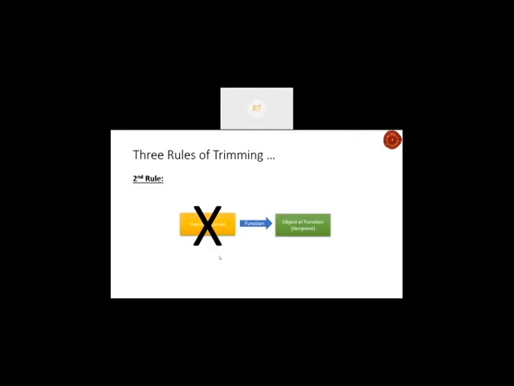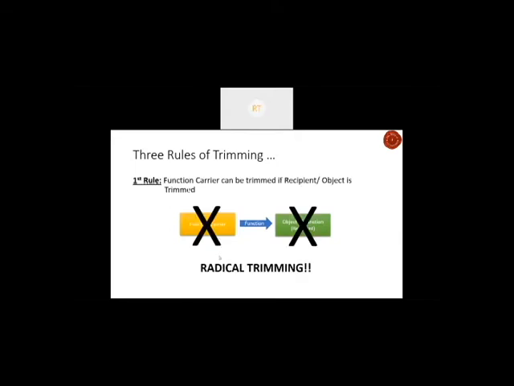So that was the previous scenario, no? If the object of the function is not needed, the function carrier is not needed. I'm not saying that it's not needed. I'm saying that if it is not identified correctly, then that tells you that you need to go back and redo the function model. Right now we are assuming that the functions are identified correctly, and these are the carriers and the recipients.